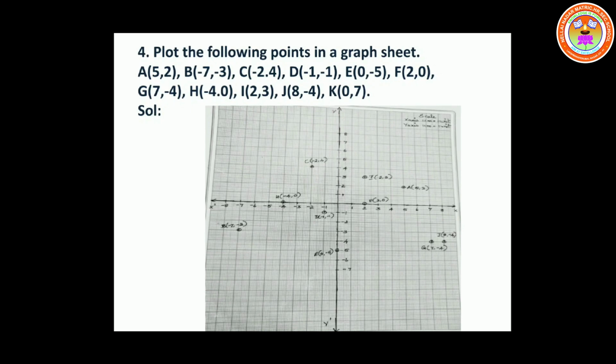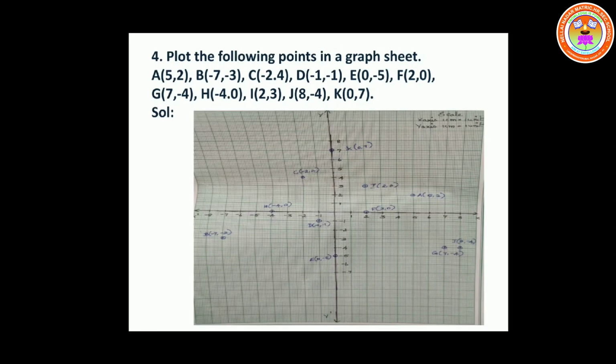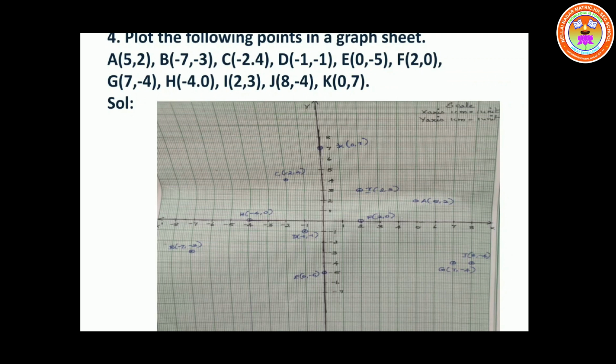Similarly, that is what I am going to draw the scale. Next, for y also we will find out. Which is the highest positive value? So K 0, 7. 7 is the greatest value for y. So that will be the positive value for y. For negative, what is the highest value?